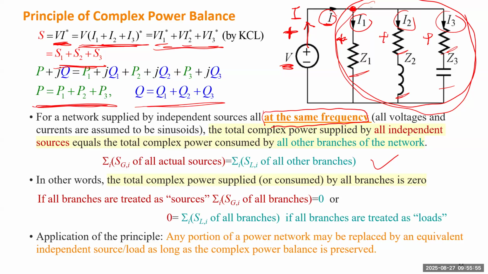Before I move forward, I have to clarify. We call it the principle of complex power balance. It is different from the conservation of energy law. It's not a conclusion from the conservation of energy law. This is an engineering principle, not a physics principle, because the conservation of energy law has to be true. For this case, we have 2 conclusions: a balance of active power and a balance of reactive power. I have to say, if I keep only one to be accurate, the active power one is more accurate. The reactive power one maybe not. But that is good only when you have